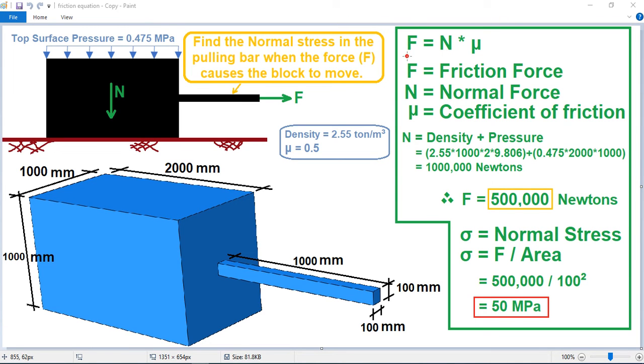Firstly, we have the friction formula, F equals N times mu. N is the total load that is acting vertically, and mu is the coefficient of friction, and F is the force that causes the block to move forward. Of course, N is the